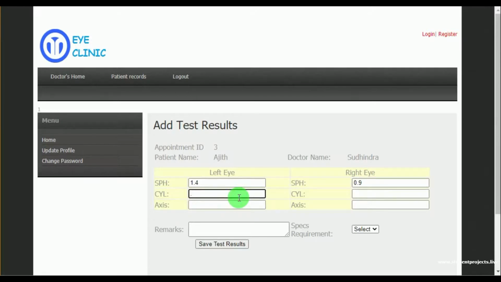We can see the patient name Ajit and the doctor name Sudhindra. Doctor must select whether the patient requires specs or not. Doctor can also give the remarks, that is if any medication is needed.